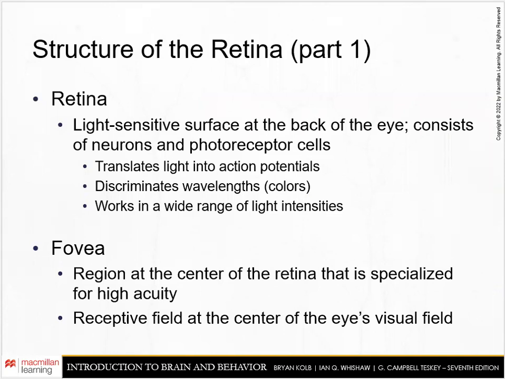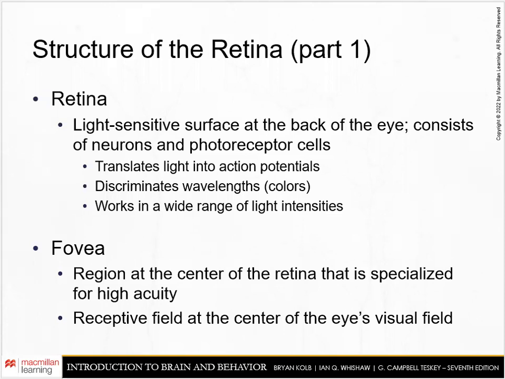Now, we went over this a decent amount in that last image, so I'm really going to go through these rather quickly. Pause or feel free to rewind if need be. So we have the retina, that's going to be the light sensitive surface that's on the back of the eye. On the retina, there's going to be the neurons and the photoreceptor cells, such as the rods and the cones and whatnot. This is translating the light that exists as physical stimuli into action potentials that are then, like I said, it's translating the language into what the brain speaks to be able to talk to the brain and the